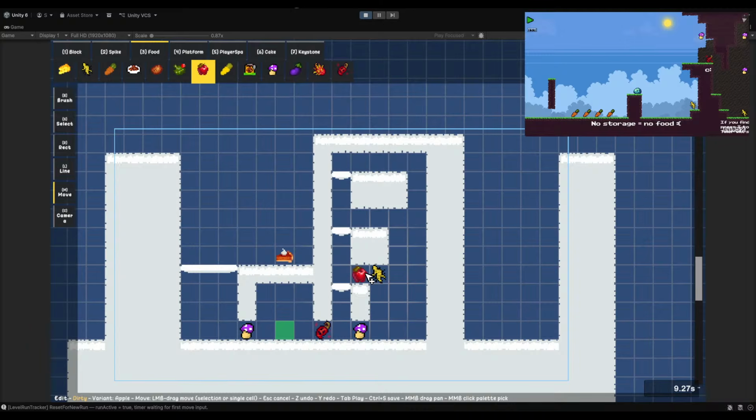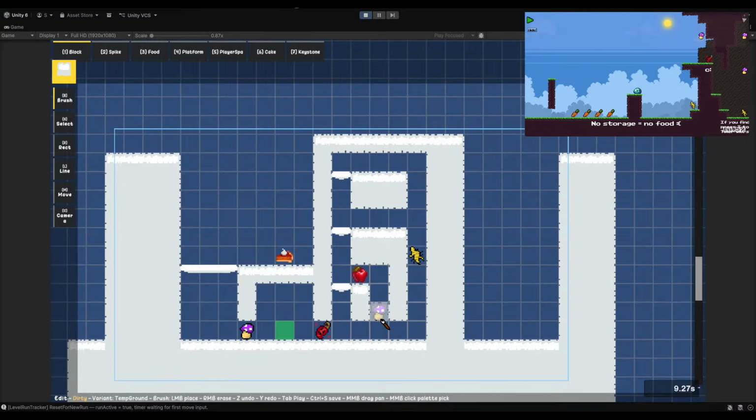I want it to be like so, where if they pick up food, they have to not fall through. How would I do that?